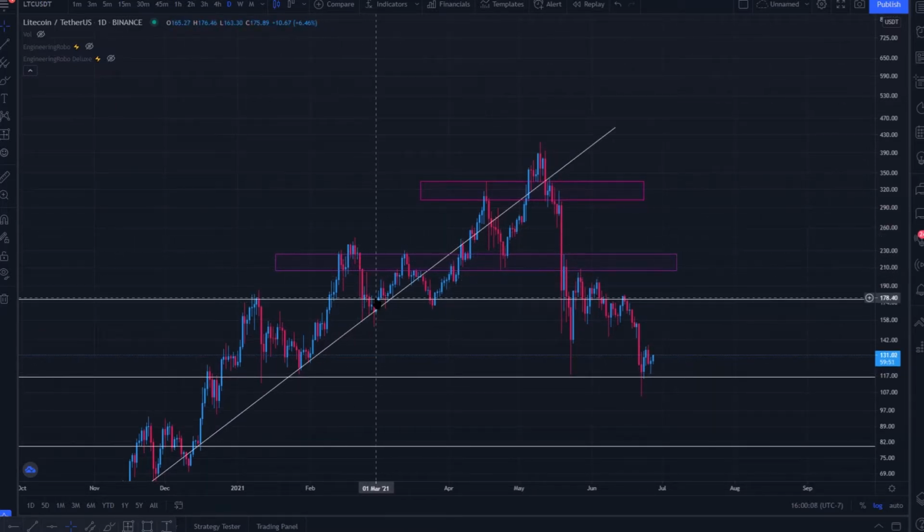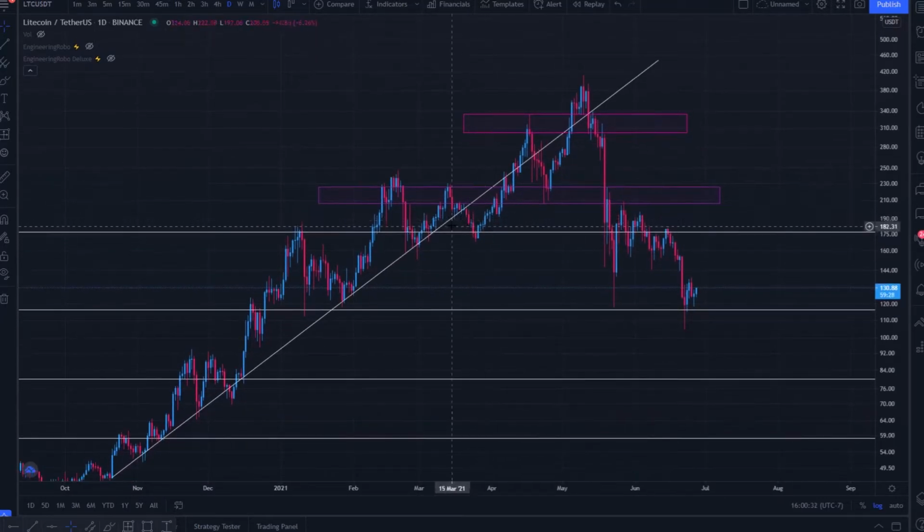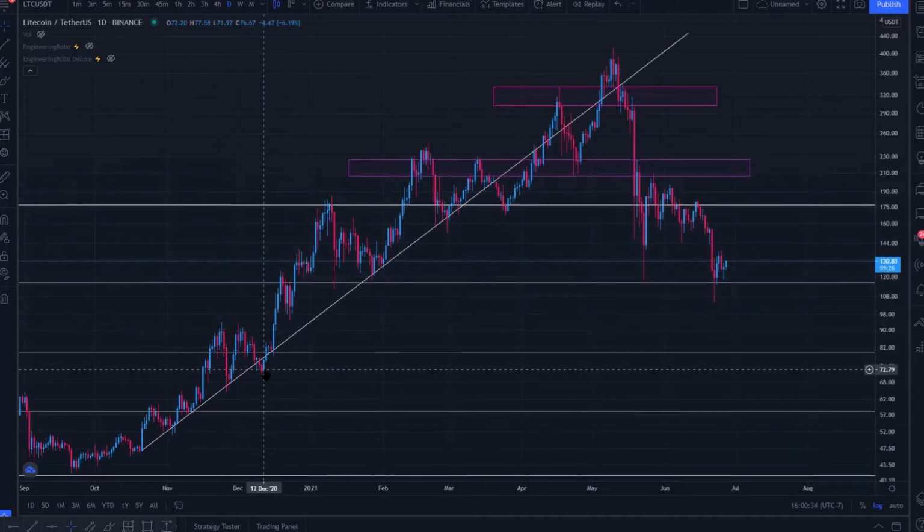We came back down to find support at 177, interacting with that ascending trend line as well, reaching down to these lower ranges, but ultimately finding support at that $177 level there, interacting with it again at the 25th of March after breaking the ascending trend line for what appears to be relatively the first time we had entire daily candles close below it. We did have a few back at the beginning of December of 2020.